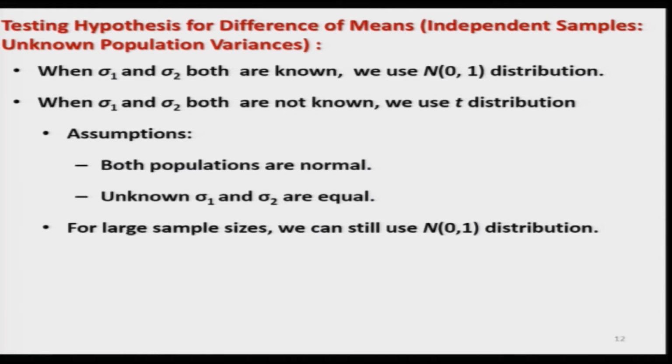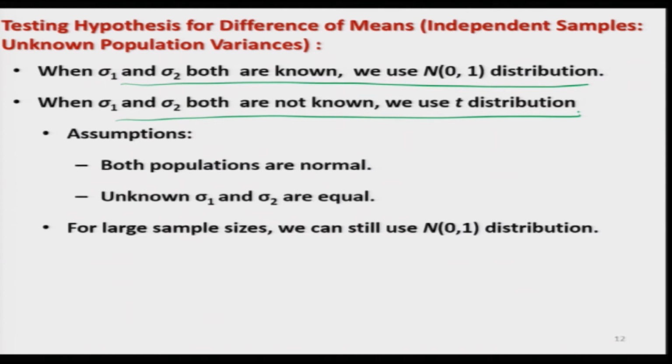test, where we are going to simply assume the same setup, but we assume that the variances are unknown to us. So, now we have done this case, that when sigma square is unknown in the one sample test for the mean, then we have to use the t statistic. So, a similar type of thing we are going to use here also, right. So, when sigma 1 and sigma 2 both are known, we use the normal 0 1 distribution. When sigma 1 and sigma 2 both are unknown, then we use the t distribution, and the assumptions are both the populations are normal, and we are assuming here that sigma 1 square and sigma 2 square are unknown, but equal,